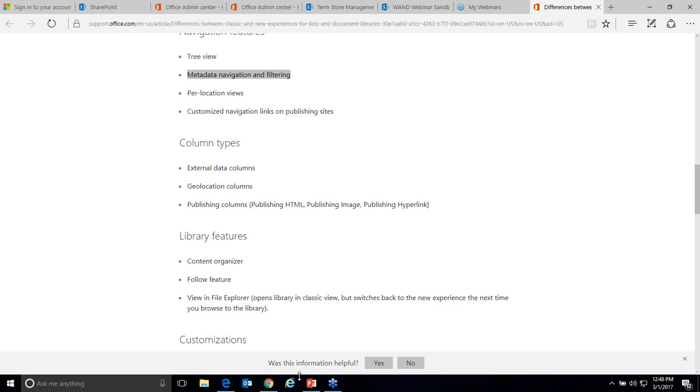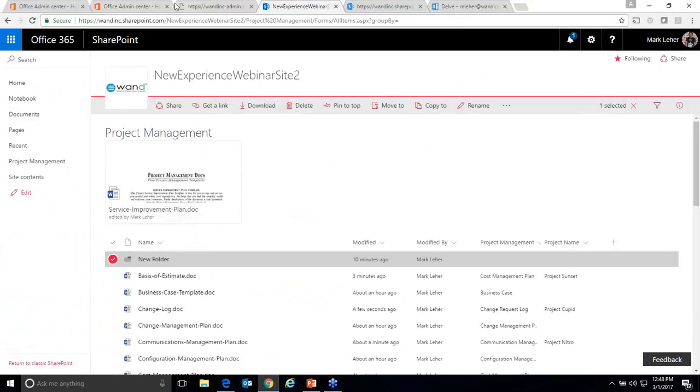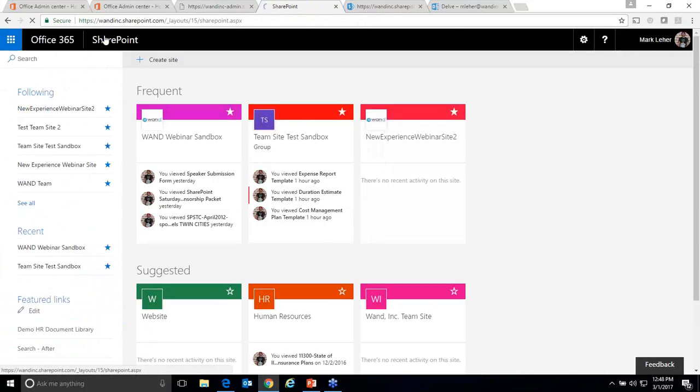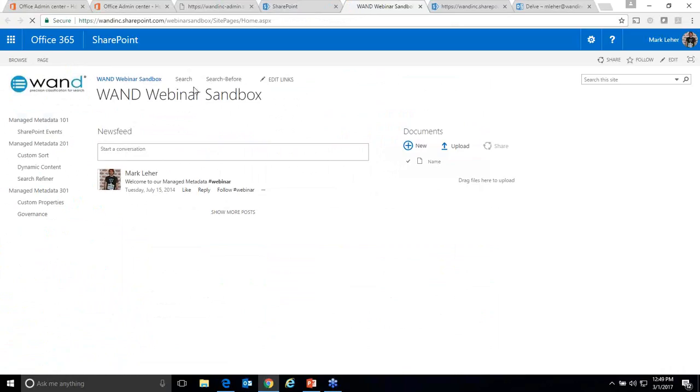And let me see if I can go show you guys an example of that in SharePoint. So the short answer to your question is yes, that is common. If the new library did not support a feature, then it will break that functionality. But that's the value of clicking on the default to classic view. So that way, if you are using a feature that you need, and here we go. Here's what we're talking about with the